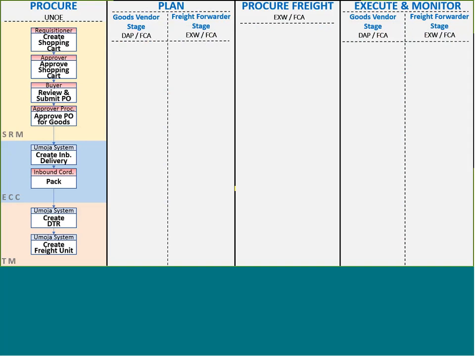Okay, so you can see that there is an integration between ECC and TM. The system is automatically creating the DTR and freight unit from the approved PO in SRM. And then we are going to be starting the planned transportation phase. So in this planned transportation phase,